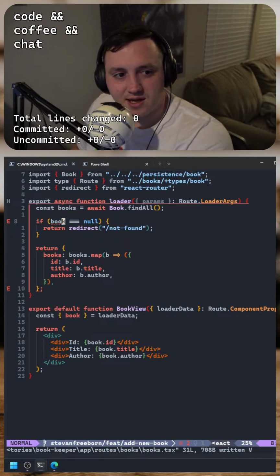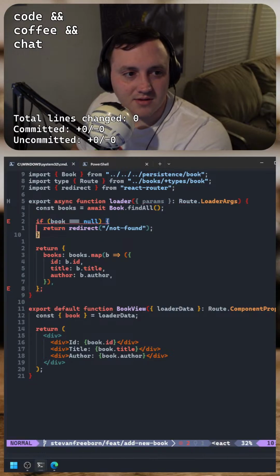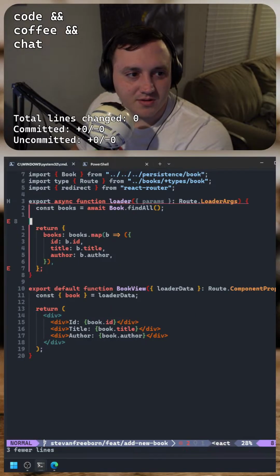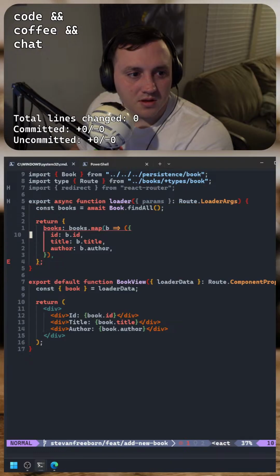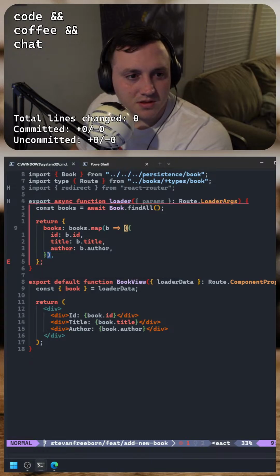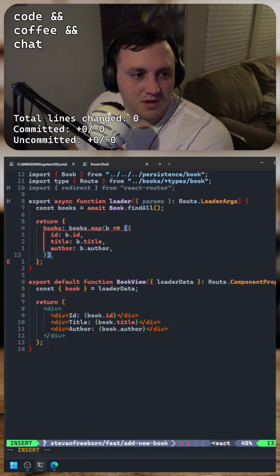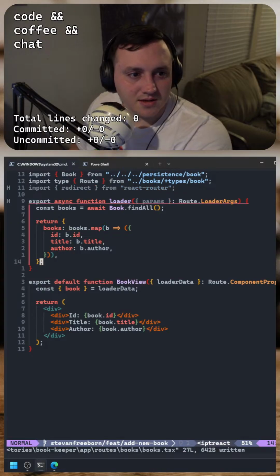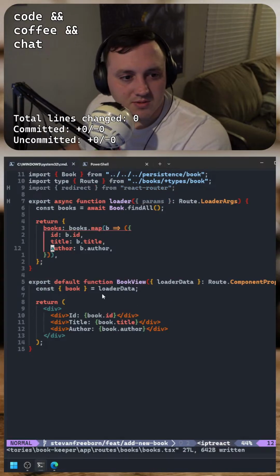I don't care if this, hold on, do I care if this is null? This is never gonna be null. Why is this angry? Argument expression expected? Oh, okay. So then we should have